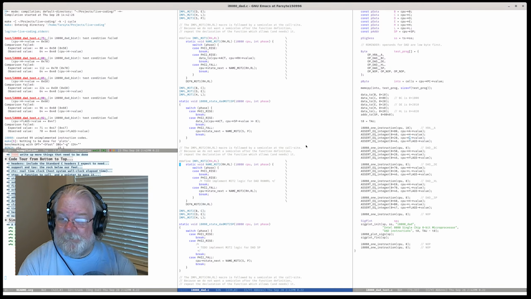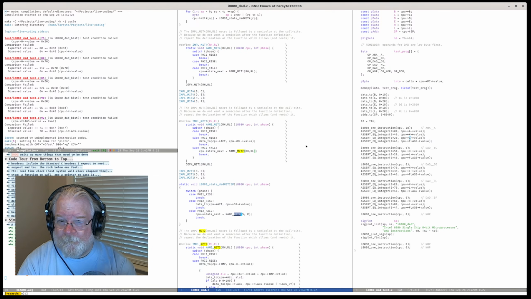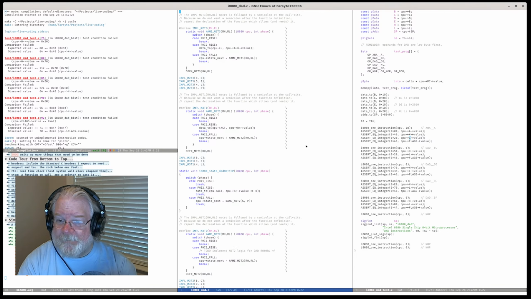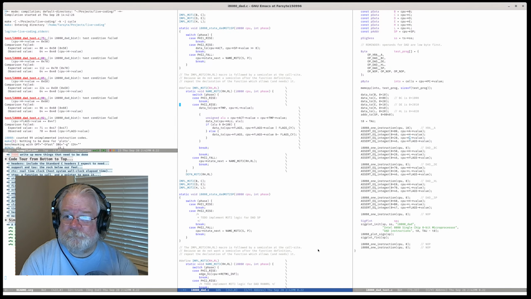During cycle 2, a lot like this, but it's going to operate on the high byte. It's going to be an add with carry. So we get the H value into there. The ALU is going to be that.